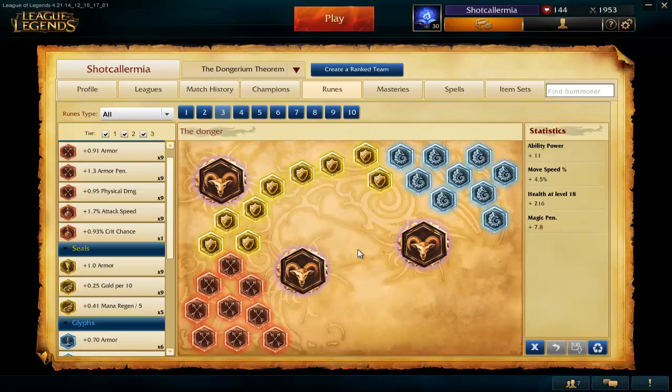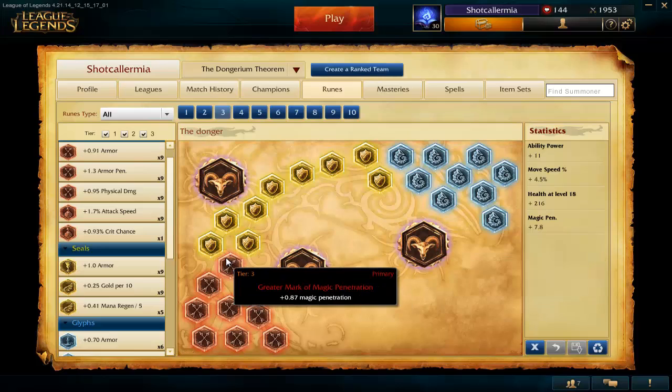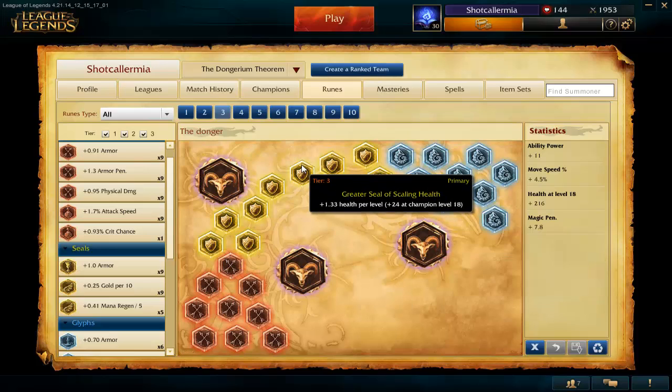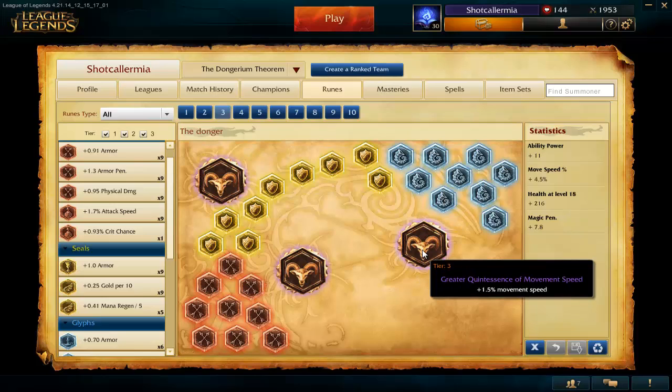This is a Heimerdinger Runes and Mastery Guide for Season 5. For Quints I run Movement Speed, my Marks I run Magic Pen, Seals I run Scaling Health, and Blues I run Ability Power. The reason why I take Movement Speed in my Quints rather than Ability Power is because as